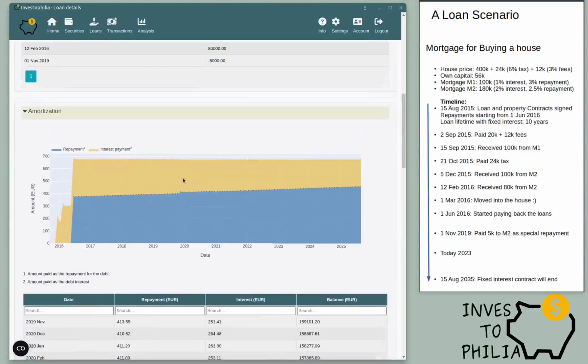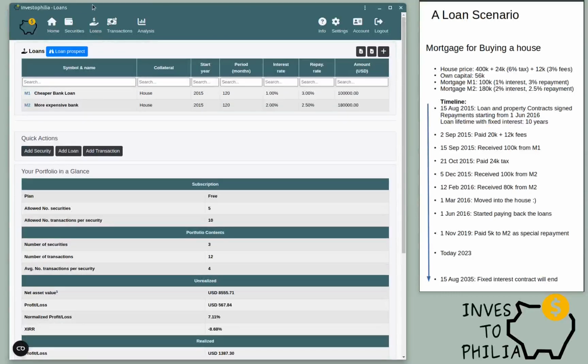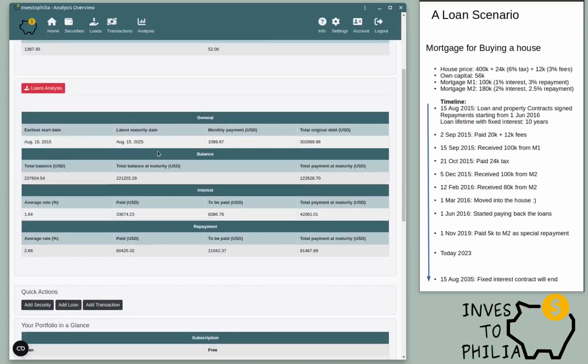Well, that was all about adding the information about your loans. So if I go to the loans tab, I see one of them, so loan 2, M2 is 180,000 and M1 is 100,000. So now we have added all the information, and now the question is, how could we see some analysis about our loans? And if I go to the analysis tab, I will see the analytical figures about our loans